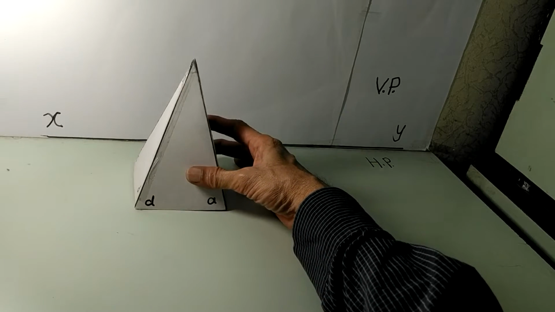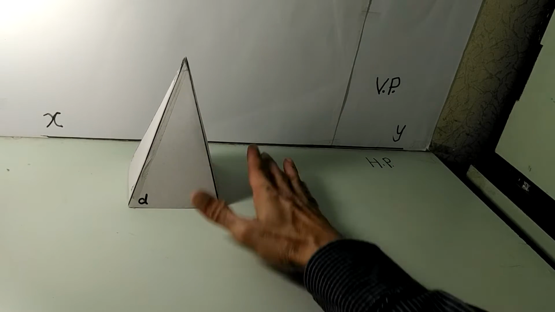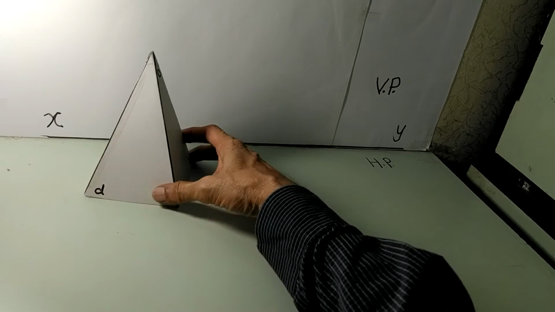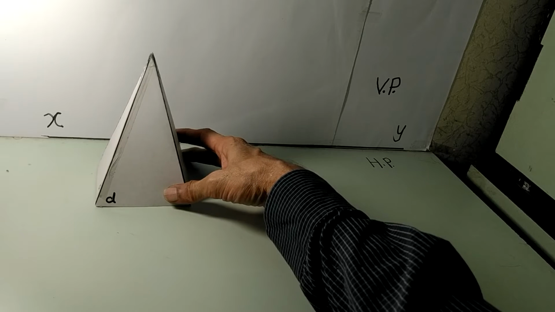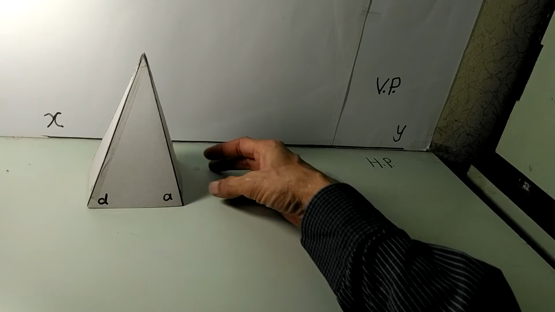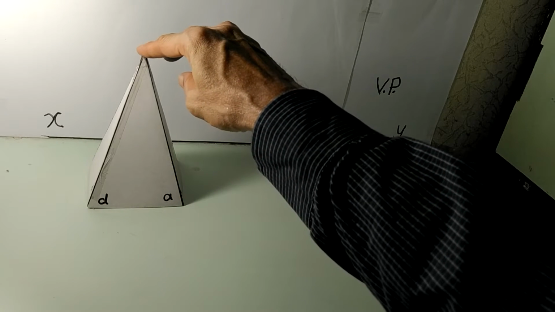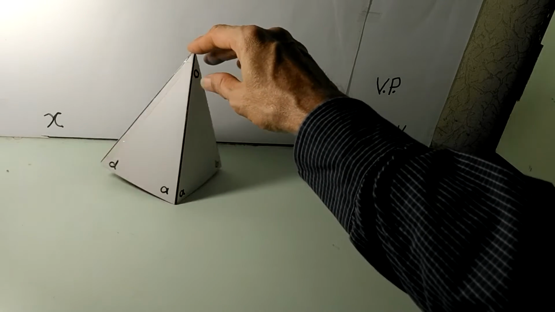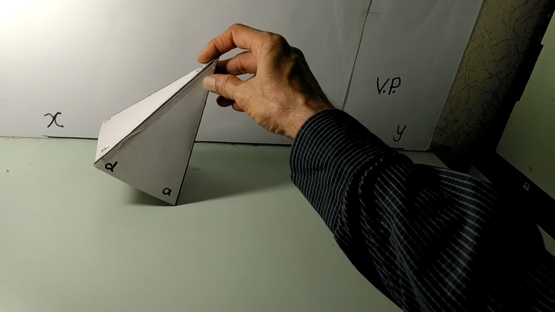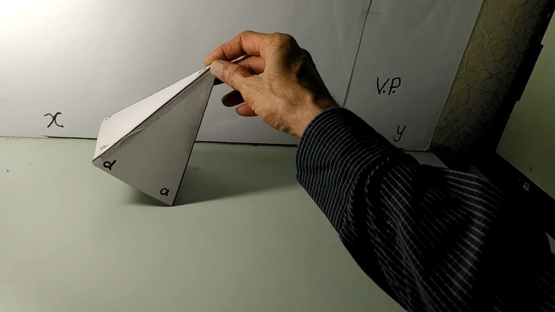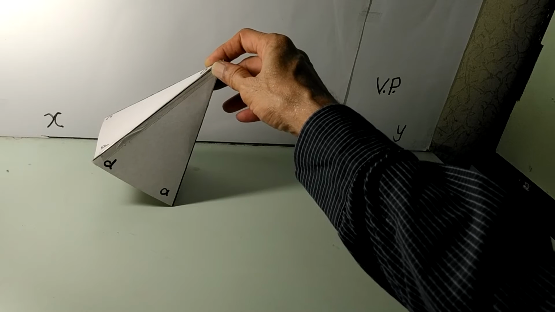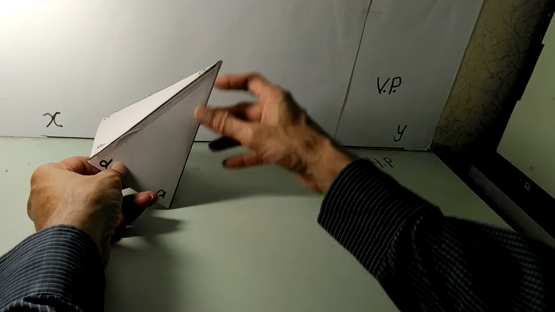Right now the solid, it is a square pyramid. It is resting in HP on its HAB. Right now it is resting completely on its base. But finally when it is inclined, that time it is going to rest on HAB. So what is going to happen is, this is the way it is going to be inclined. So the first figure which we have drawn, that was the case when it was inclined like this. And this is up to which you have done the work in the earlier semester.